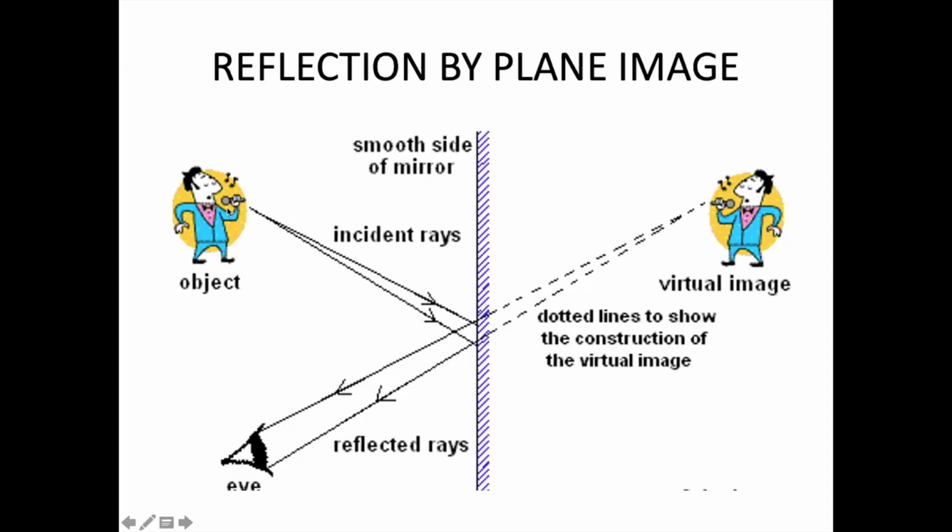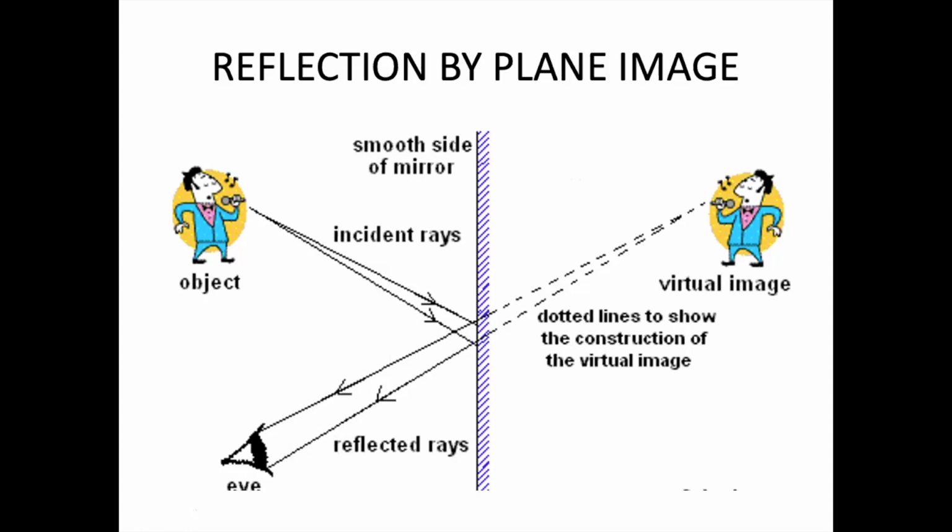So the rays from the person fall on the mirror. Imagine from different places it is falling. We have taken two incident rays that are falling. What will happen? They will reflect back at the same angle. So this ray is reflecting back here and this ray is reflecting back here. You can see these two rays are not going to meet. Imagine the distance over here, it is less. And now you can see the distance over here, it is increasing. That means as we move ahead, the distance between the two rays increases, so they are not going to meet.